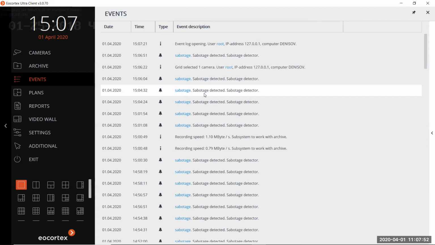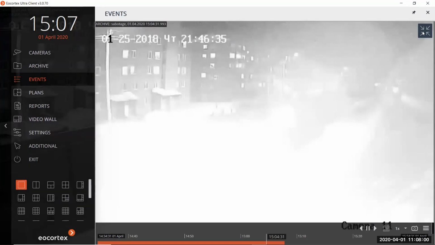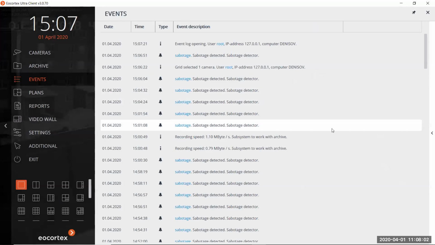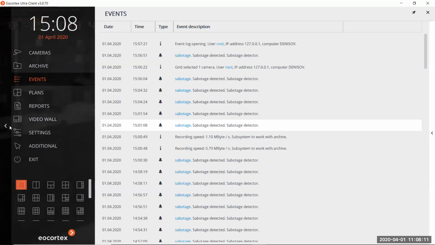If we click on it, we see that in this moment there was a sabotage event. The camera was overlightened. We can also check another moment when the camera was turned away. This is the way we can see the event in the journal.